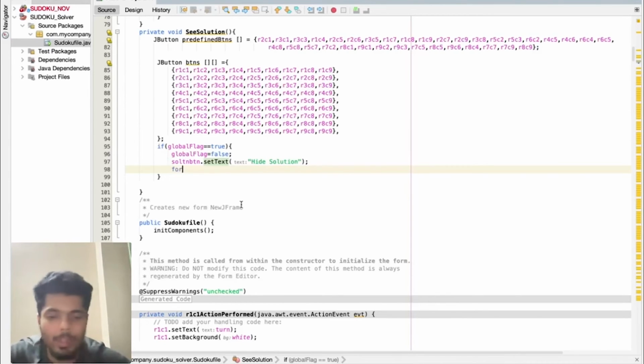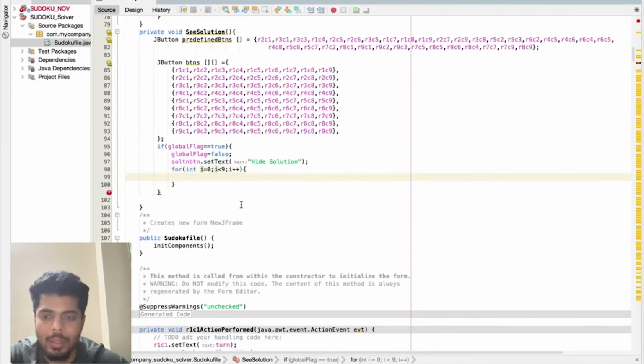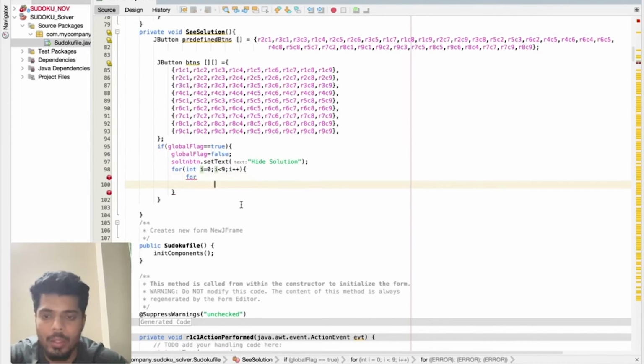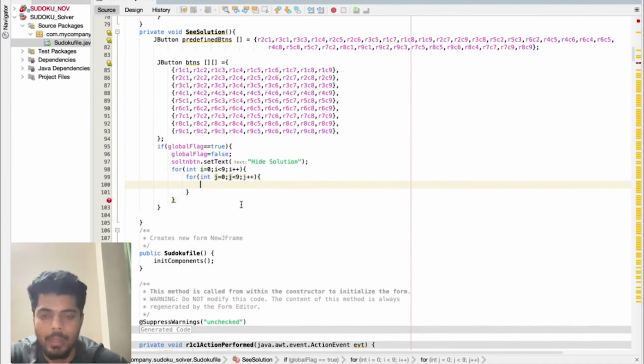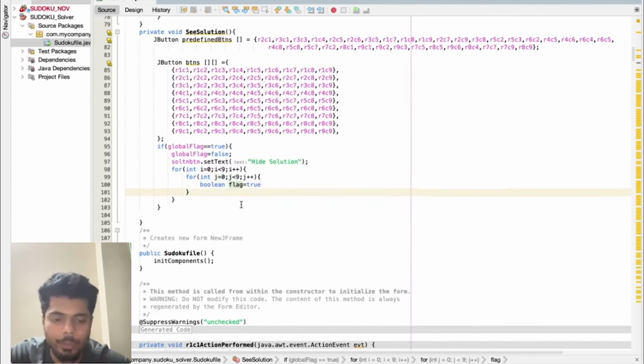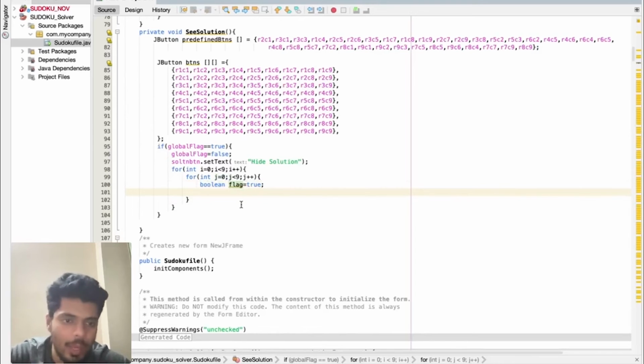Now let's implement the functionality similar to what we have done previously. For int i equals 0, i is less than n, i plus plus. For int j equals 0, j is less than 9, j plus plus. Okay, I've come inside the ij indexes. Now, of course, I'll declare another flag, boolean flag equals true, giving the initial value as true.